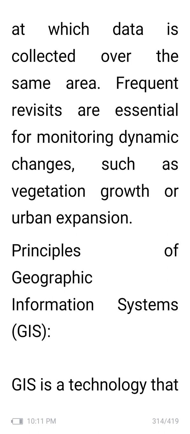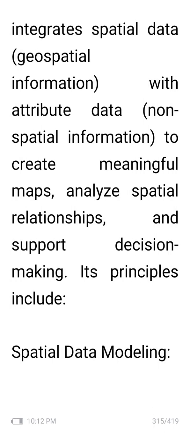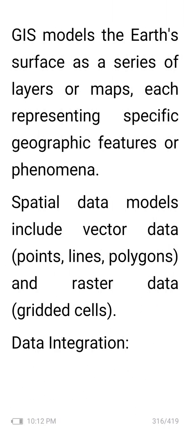Then principles of geographic information systems, or GIS. GIS is technology that integrates spatial data, geospatial information, with attribute data and non-spatial information to create meaningful maps, analyze spatial relationships, and support decision making. Its principles include spatial data modeling. GIS models Earth's surface as a series of layers or maps, each representing specific geographic features or phenomena. Spatial data models include vector data, points, lines, polygons, and raster data,